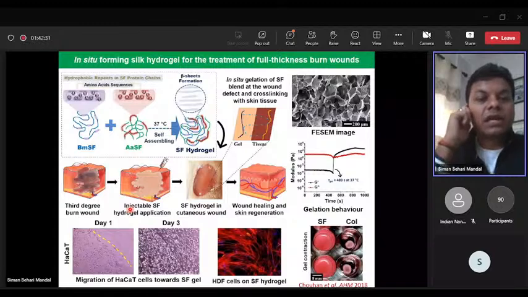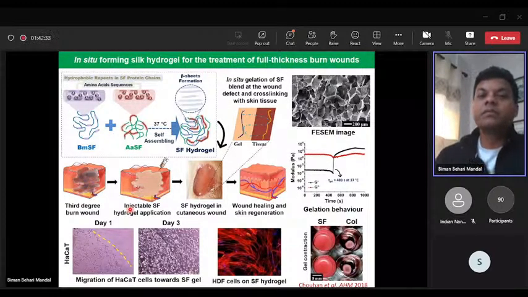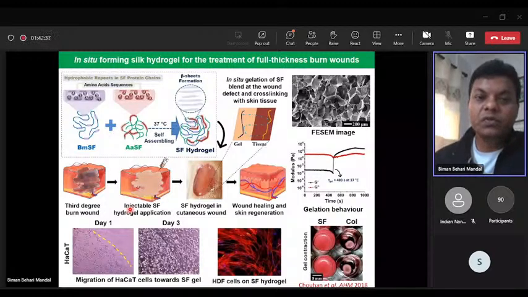So in this case, the concept was to prepare a technology which would allow non-healing wounds to heal with time, in a faster and efficient manner, and also to 3D print skin